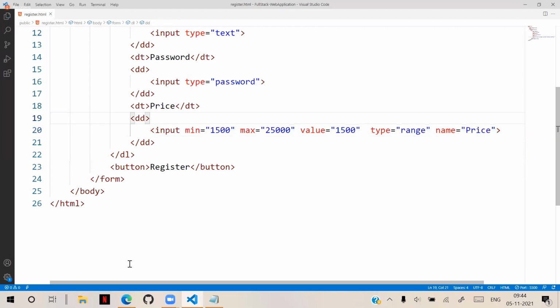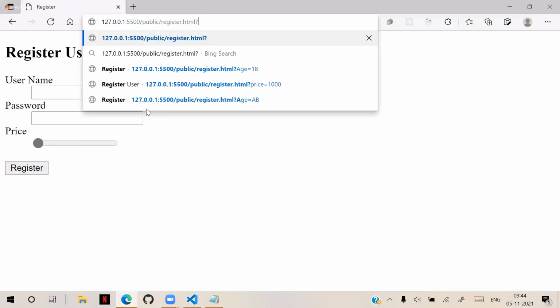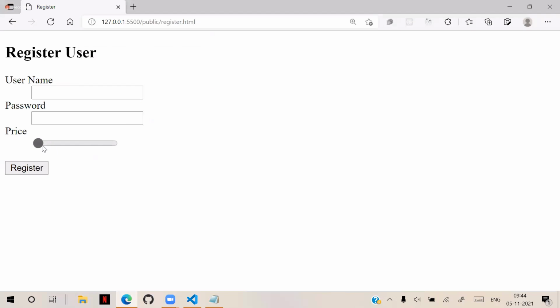Now you can see that when you slide the slider, it does not show the value. It is not displaying any value while sliding. But when I click register, you can see it submits that value. So that is